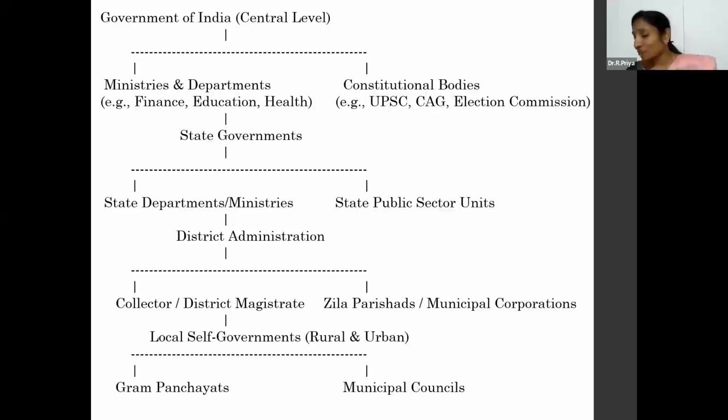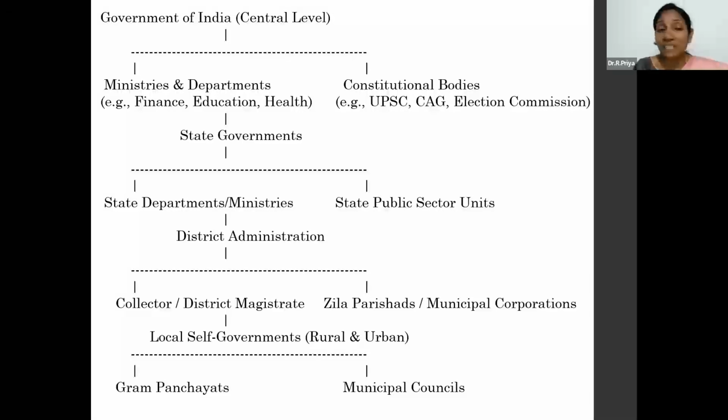Another real world example I'm giving here is the Delhi Metro project. That is one of the PPP successes, public private partnership. One of India's most successful PPPs is the Delhi Metro project. It is managed by Delhi Metro Rail Corporation with administrative support from the government and technical expertise from the private sector. Highlights include on time and within budget delivery, reduced urban traffic and pollution, even high public satisfaction